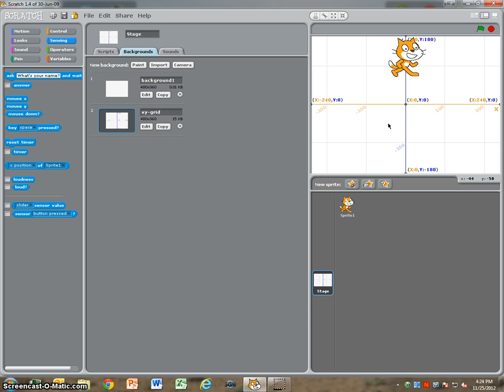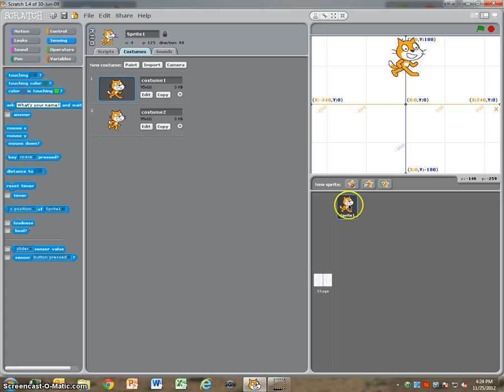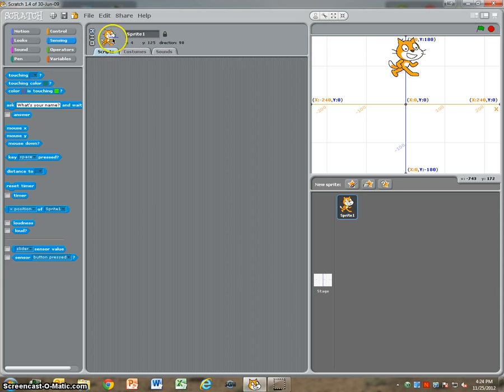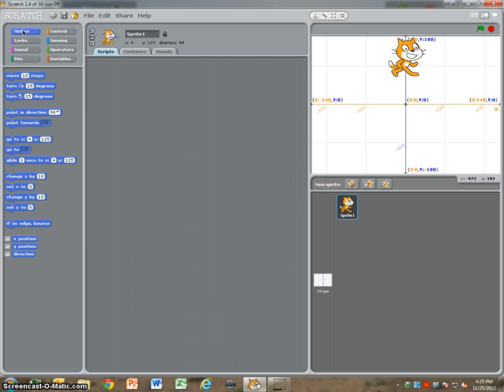So first thing we're going to do, in order to get Scratchy to be in this position, is click on Scratchy right there, and then we want to put it on scripts so that now we see the sprite up here, and now we know when we write the program it's writing it for our sprite and not something else like the background. So first thing we're going to do is click on the motion palette, and we want to bring over the go to